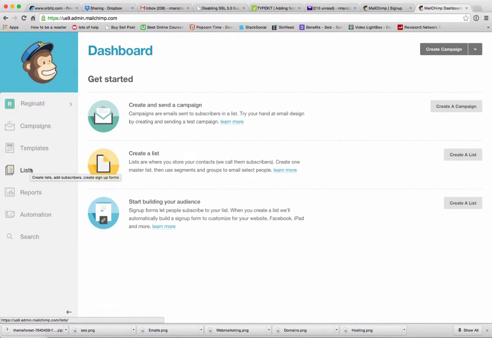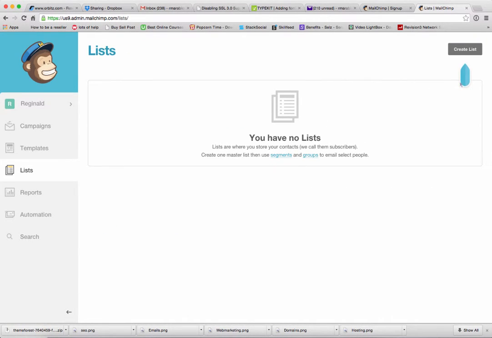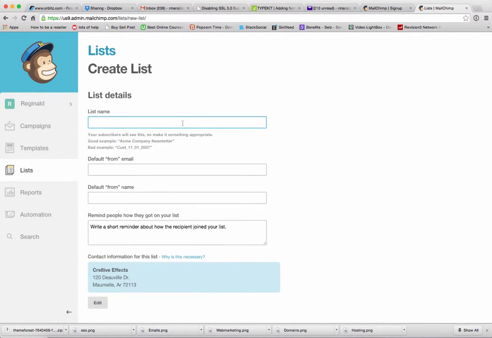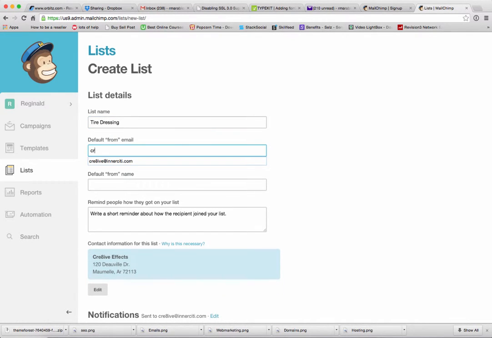The first thing that we want to do is create a list so we can get the list ID that's going to coincide with your website. So you click create a list. You have no list to begin with, so we're going to create a list on the top right side. You're going to call that list, I just happen to know a guy who has tire dressing. So we're just going to put in his